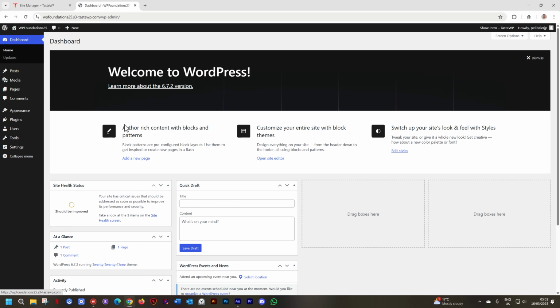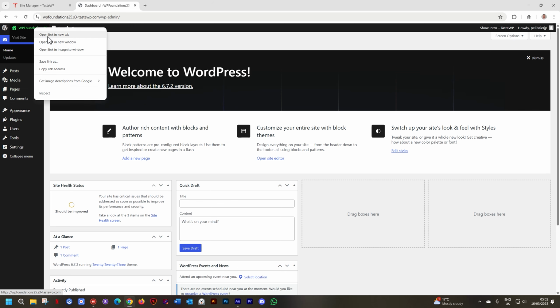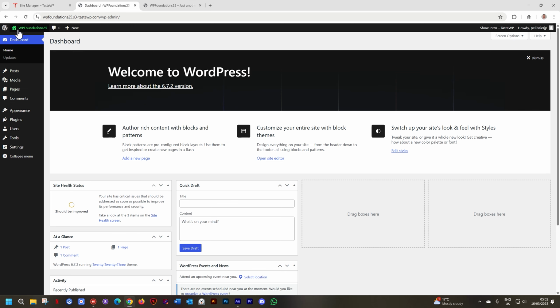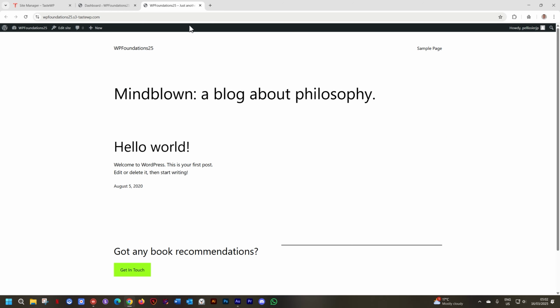In reality, when we are working with a website, we actually keep one tab open for the front end because we're building in the back and then we want to just quickly look on the front how it will look, but we don't want to just skip back and forth the whole time. And what we do is we open a second tab just for the front end so we can see the view. And there are 3 ways your browser allows you to do that. I'm going to show you now how to do that. The first one is you go to the name, right-click, and select Open Link in New Tab. And now that link will open in a new tab, and this is your front end.